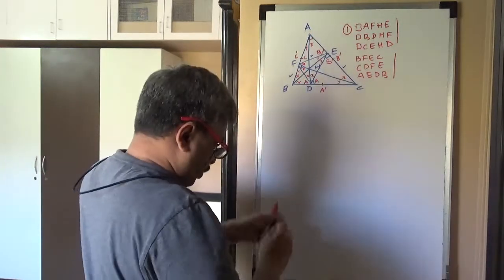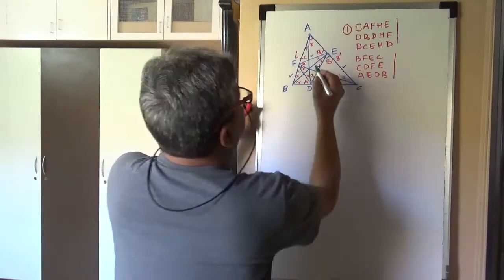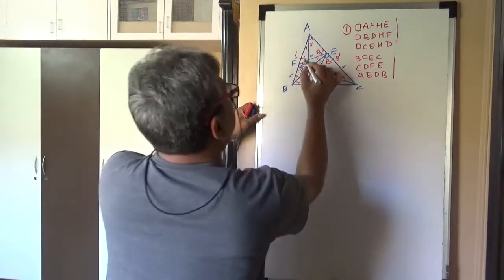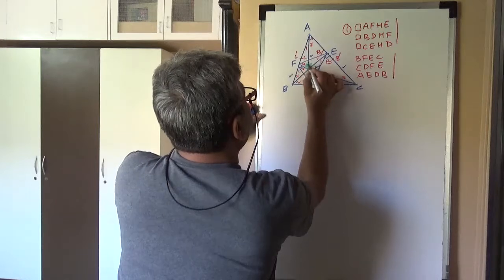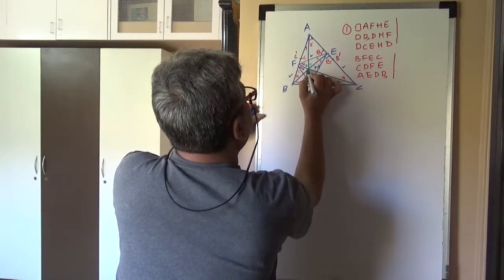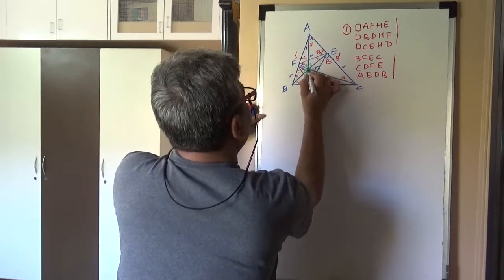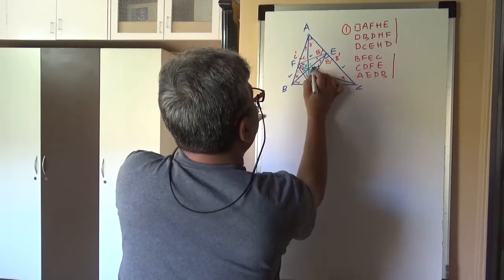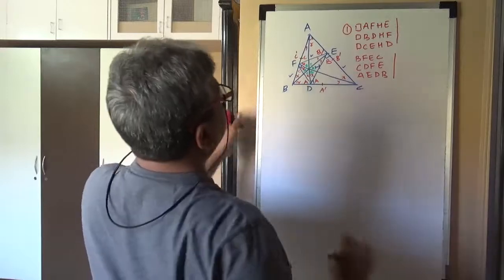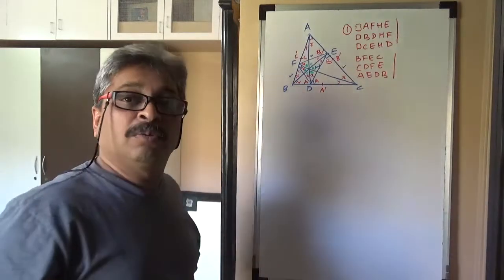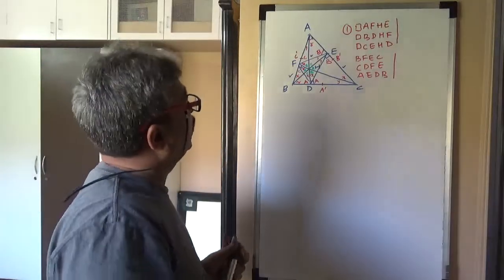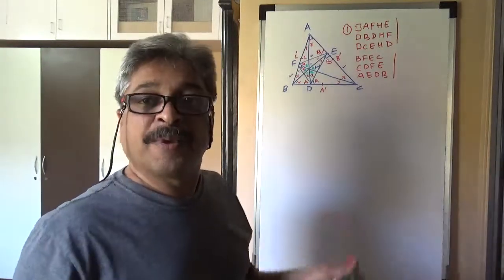Therefore, you will observe that this angle here is also C. This angle here is B. This angle here will be A. This is the vertex opposite, therefore this is C. This is B. This is A. So practically here we have found almost all angles related to this particular configuration, and therefore there are many similar